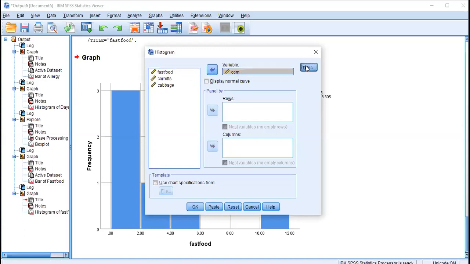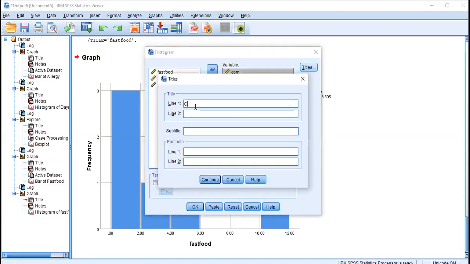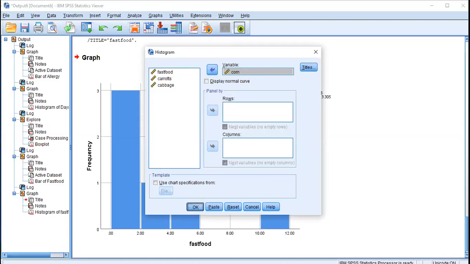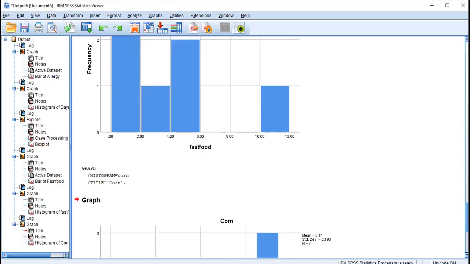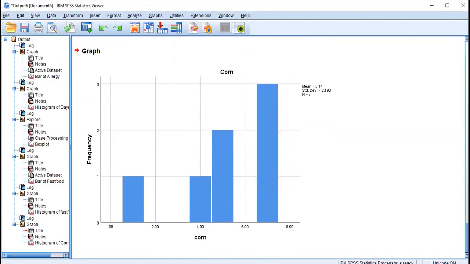Is it corn? Yes, corn. And then I'm writing corn over here. Let me write corn only and continue. And then I say okay. And this is what I'm getting for corn. So this is it. The mean is 5.14, and this is the histogram distribution for how the